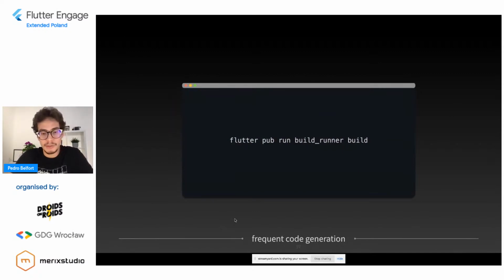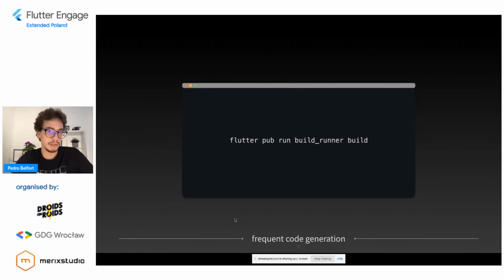Another issue that I see with Freezed is that you have frequent code generation, and that can be very bulky, because it's another thing that you have to do in your workflow. You're always generating code all the time, and especially if your code base is big, it can take a long time. So this can be easily tackled as well. You can just declare a new file, build.yaml, for instance, and there you can optimize which code is going to be scanned, and is going to be the base for generating Freezed classes. You can come up with a suffix, for instance.